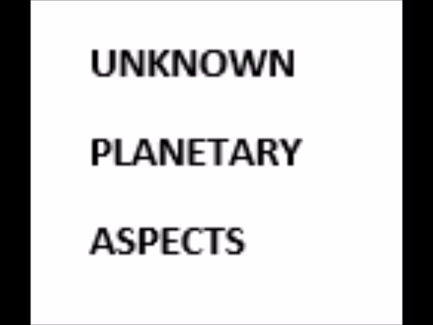We are aware that Venus aspects the 7th house from where it is situated in the birth chart. We are aware that Rahu aspects the 5th, the 7th and the 9th house from where it is situated. We are aware that Ketu aspects the 5th, the 7th and the 9th house, just like Rahu, where it is situated. So we are pretty much familiar with planetary aspects, and today we'll be talking about unknown planetary aspects,